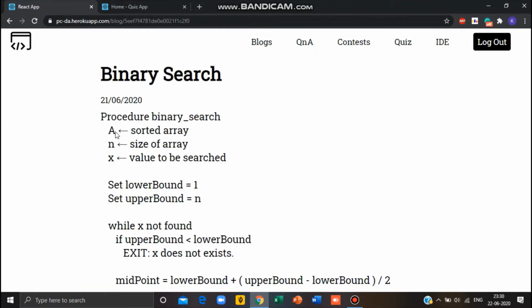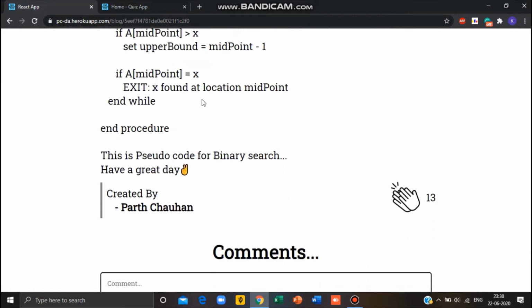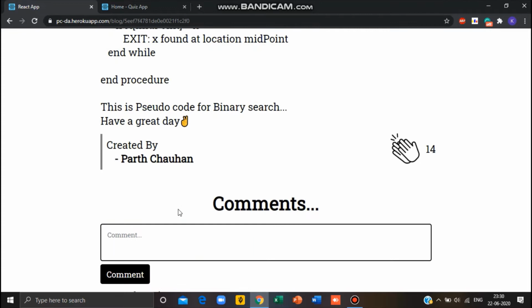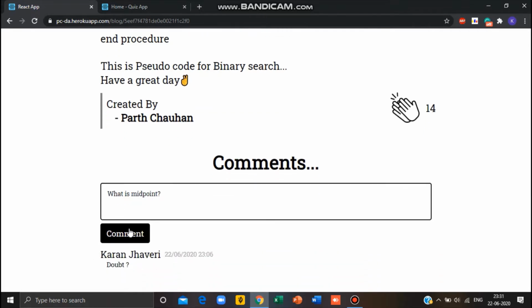On clicking that particular block there will be its title, its creation date, its body, and if I find this block really helpful then I can appreciate this block by using this feature called collapse. But let's say I have some doubts in this block, then I can enter my doubts in the comment section over here. Say for example I am entering a comment, and on clicking the comment button my particular comment will be added over here. So this was all about the blocks.